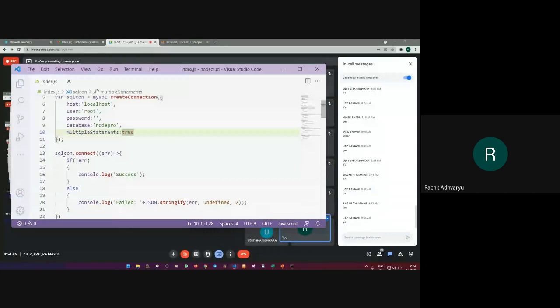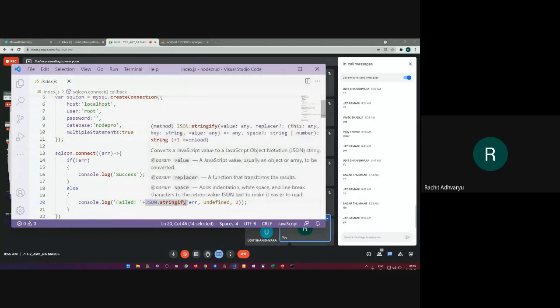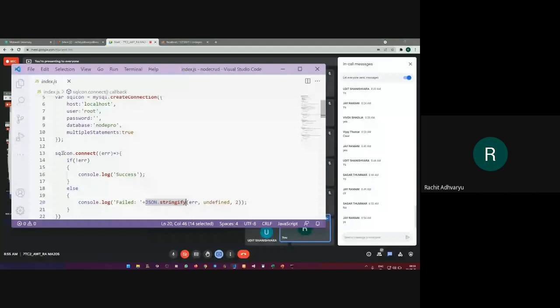Sir, in line number 20, in this function. Line number 20, console.log prints failed, and along with the failing, I am just using this JSON component and its function called stringify. Stringify is going to print all the error messages that a particular JSON has got from this particular sqlcon.connect.